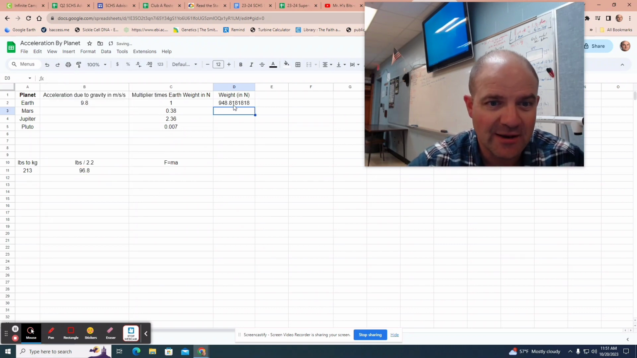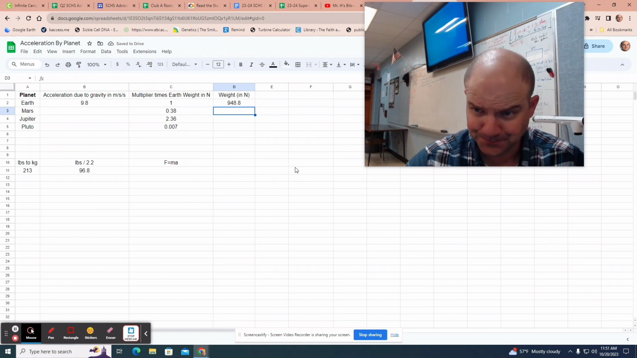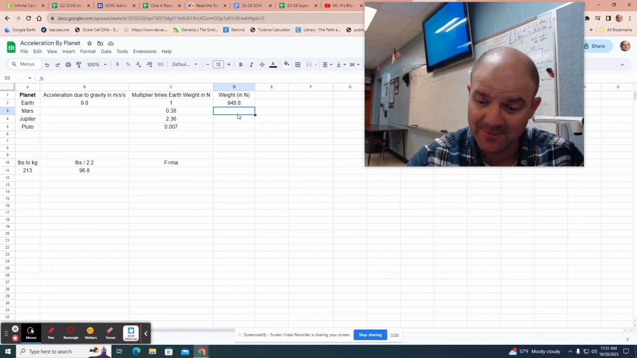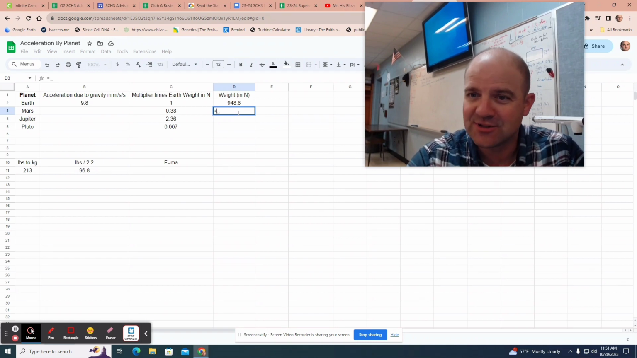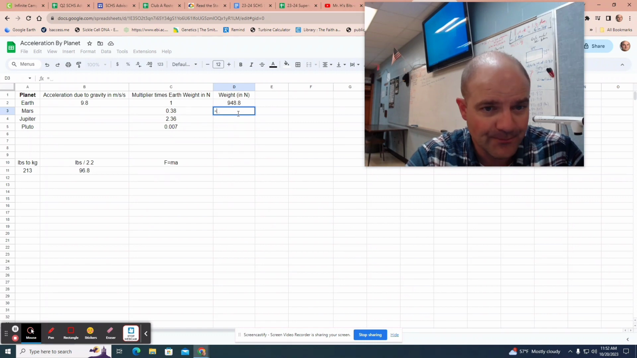And I get my weight in newtons on Earth. And again, I'm going to trim that down. All right. Now that I have that, I can use the multiplier to find my weight in newtons for Mars, Jupiter, and Pluto. So again, I'm going to say equal. This way I don't have to open up a calculator separately on my screen here. So I've got equal